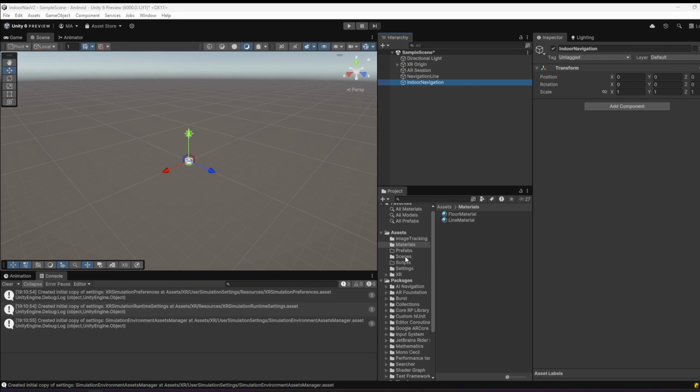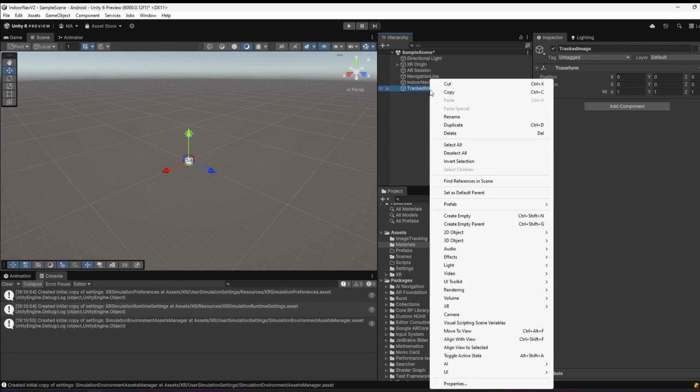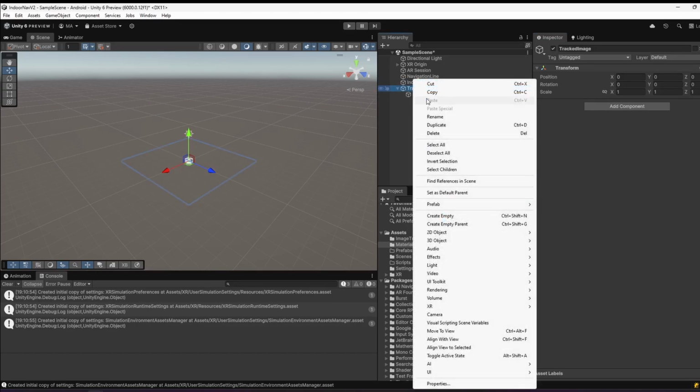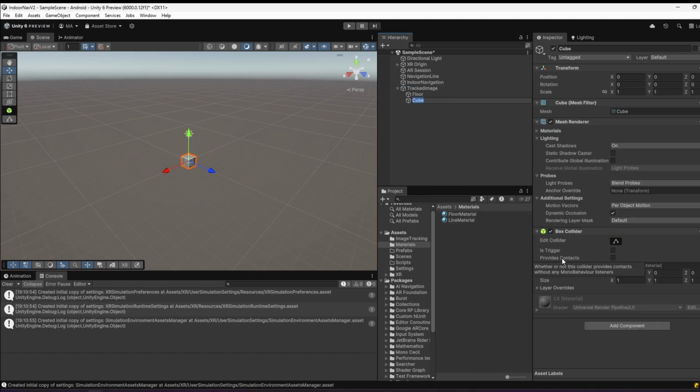And we need a prefab for our tracked image. We'll just create it in the hierarchy. We'll just create an empty, call it tracked image. And it's just a prefab that will spawn, so there is no component needed. I guess we should do some kind of offset. No, it's fine. Let's add a plane. This will be our floor, and add the floor material and a cube, small one. This will be the center. This will be just occluding our image,